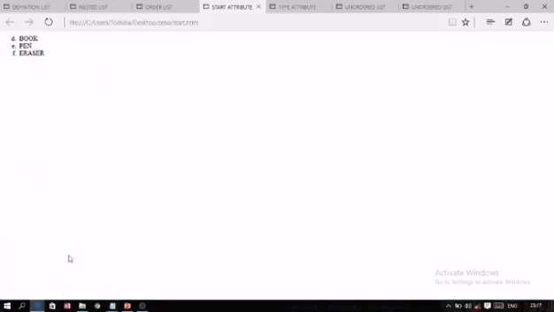Now the program for this is the unordered list. So in place of the numbers, this type of sign will be shown. These are known as bullets, but in HTML it is known as the disk. So these disk signs will be displayed. In simple way we call it a bullet, but in HTML we call it disk. So this disk sign will be displayed along with each item.